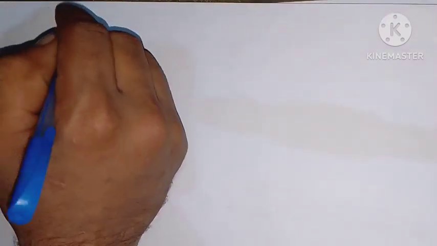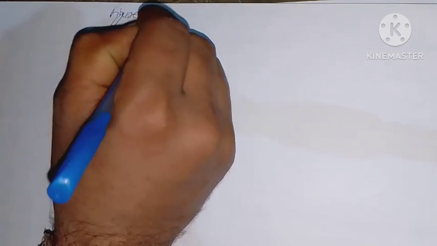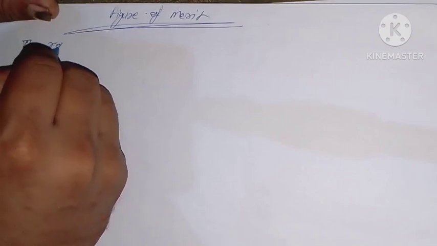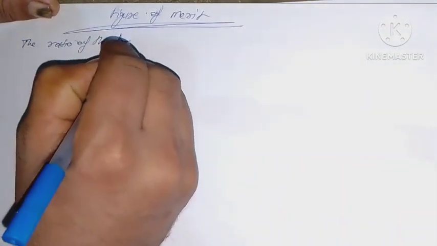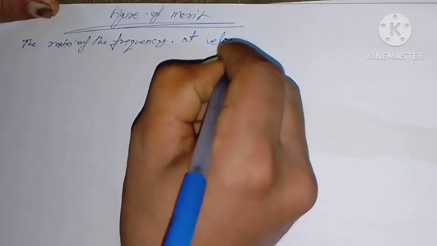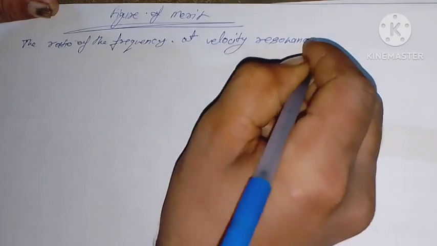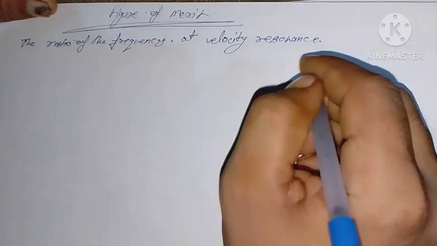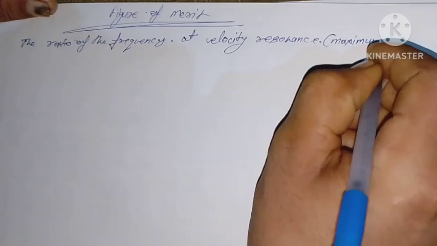Next, figure of merit. It is defined as the ratio of the frequency at velocity resonance, maximum velocity response,